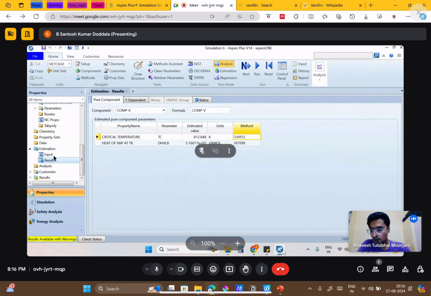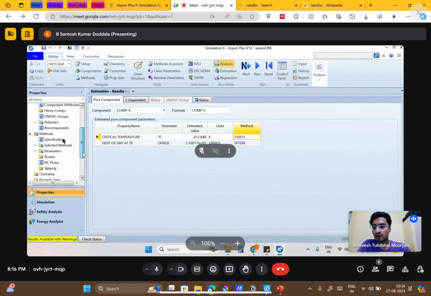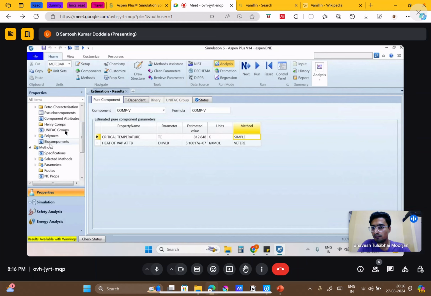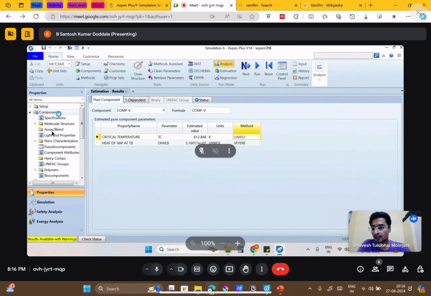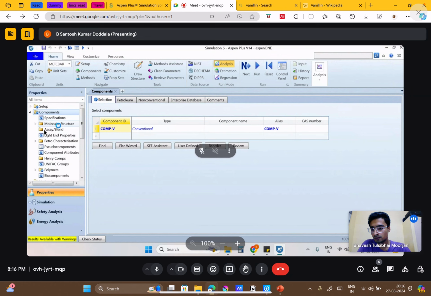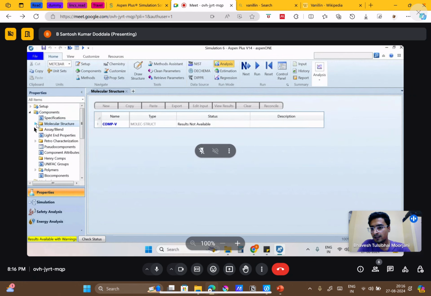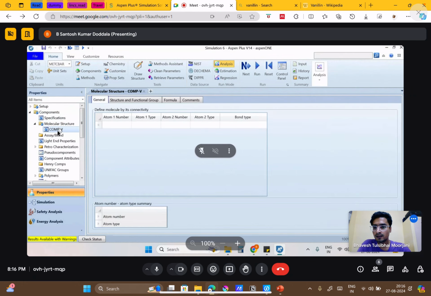Now scroll down again to the structure part. When we select the compound, go up again. In molecule structure, open it, compound V. You can see structural and functional group. Click that.